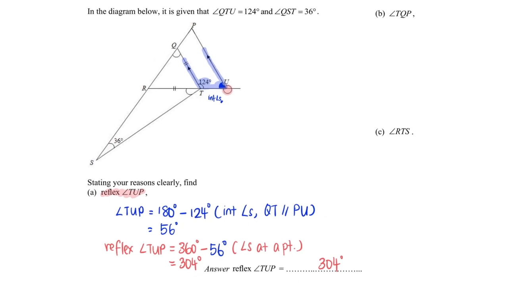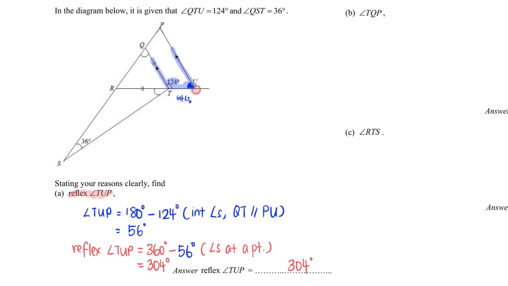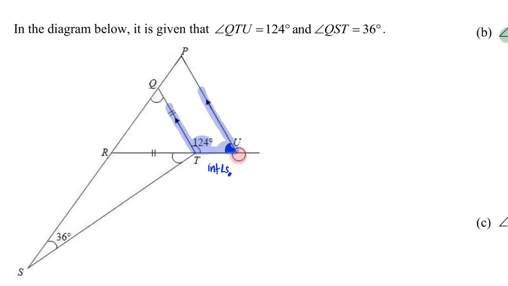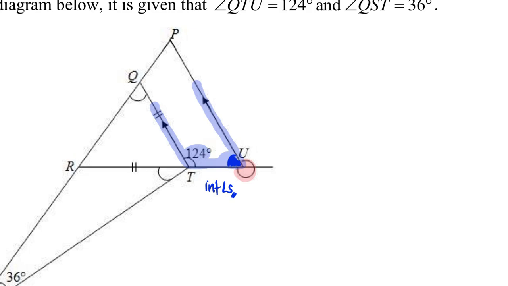Part B. Now we are required to find angle TQP. Okay. So let me just use green color. Angle TQP. So I'm going to zoom in now. Angle TQP is this angle. Now, to find this angle TQP, it will be useful to find whether we can get this angle TQR. And can we find the angle? Yes, because this happens to be a base angle of the